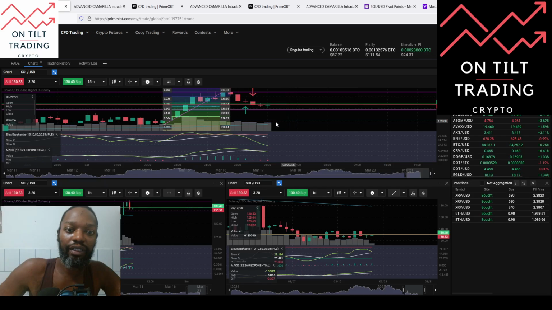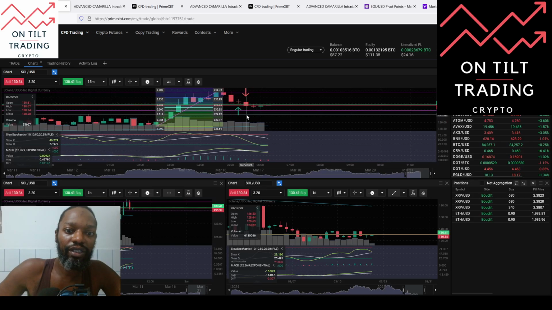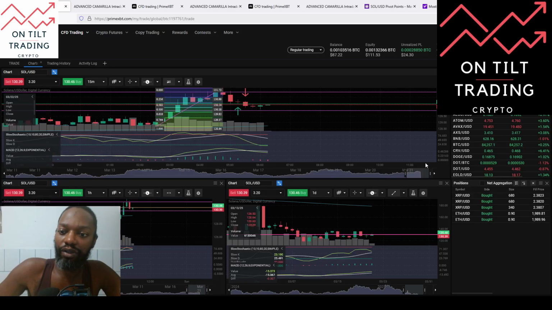So Solana not looking very clear or as clean as I would like. I took an entry here based on this stop, and then stopped out here in the next candle. I don't believe I'll take another entry into Solana just because the price action, I'm not certain of where it is. A likely stop could be here using this R3 level here